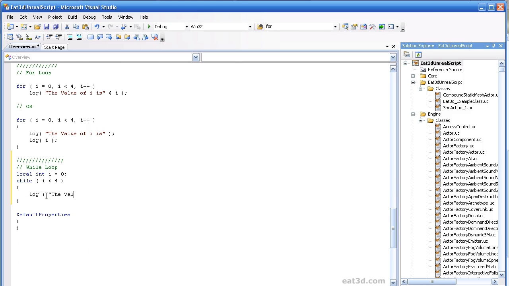Just so we could have something here, let's put in a log. So we have our log statement there. And then here, just as an example, we're going to do i plus plus. What we have here is the equivalent of incrementing by 1, since we're adding 1 each time.